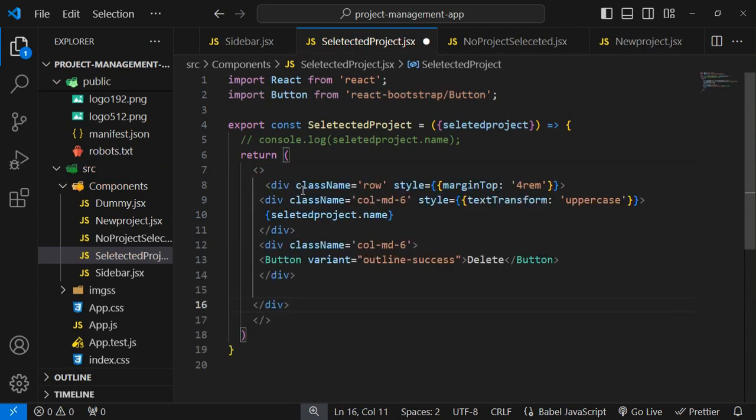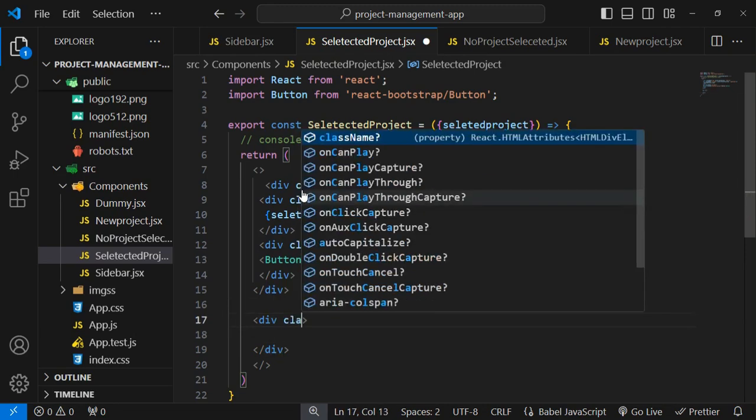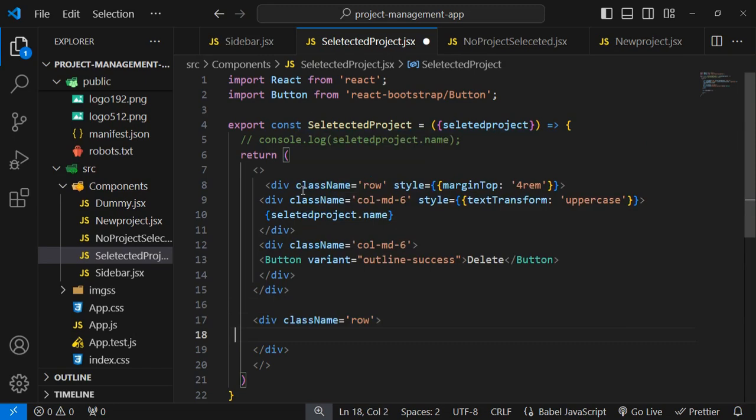Control V, and here I am again going to take another row. So here we have to type className as row, and inside this row I am just taking here date,